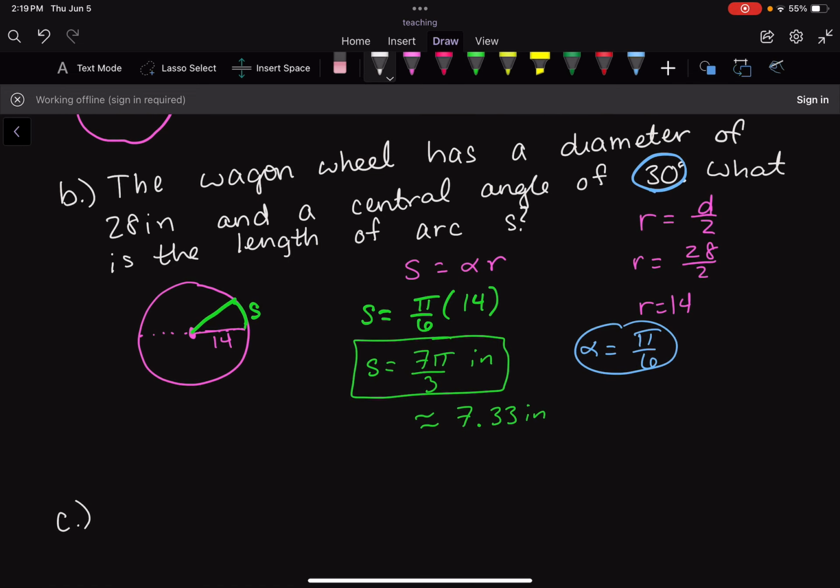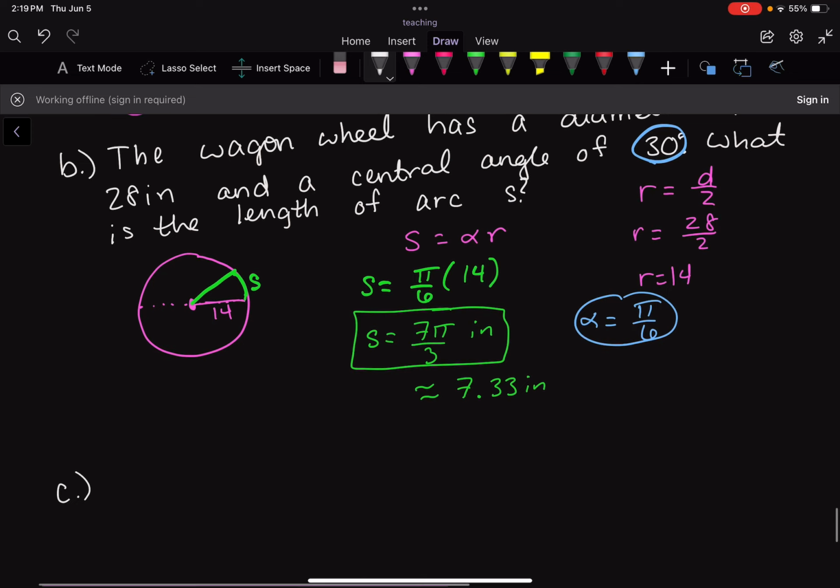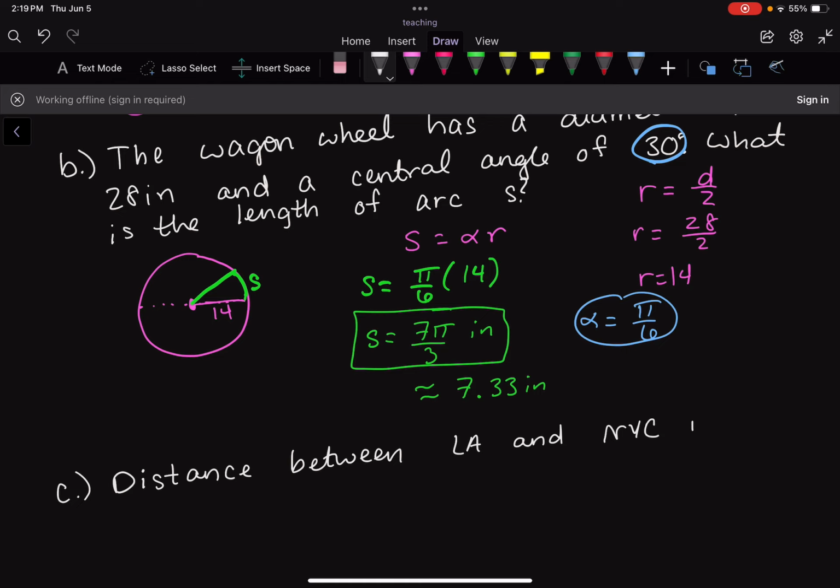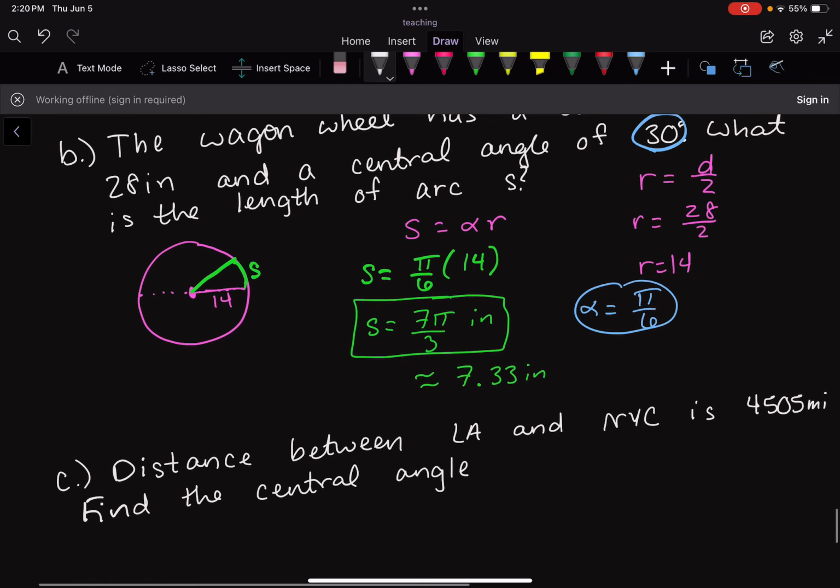One more before we move on to area. This one is a little long. So it says the distance between LA and New York City is 4,505 miles. Find the central angle to the nearest tenth